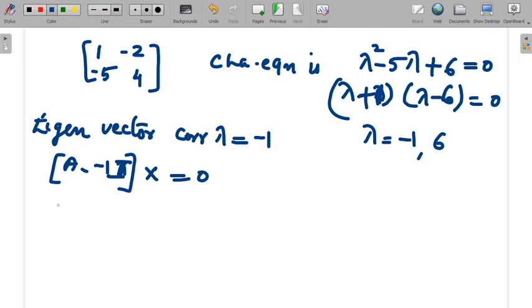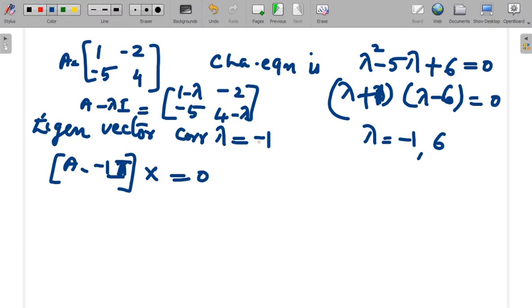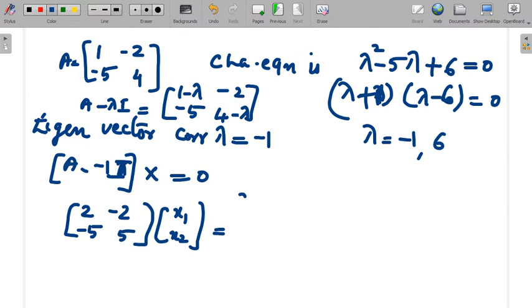So here we know A minus lambda I is the matrix obtained by subtracting lambda from the diagonal: 1 minus lambda, minus 2, minus 5, 4 minus lambda. What we do is we replace this lambda by minus 1. That is A plus 1 into I. So we get the matrix 2, minus 2, minus 5, 5 into x, the column x1, x2,